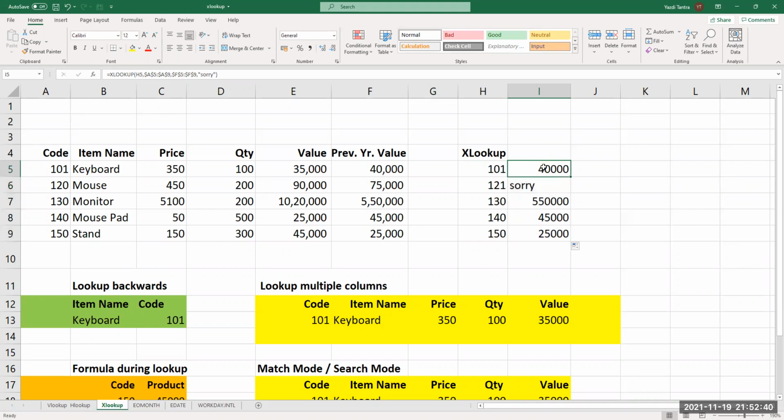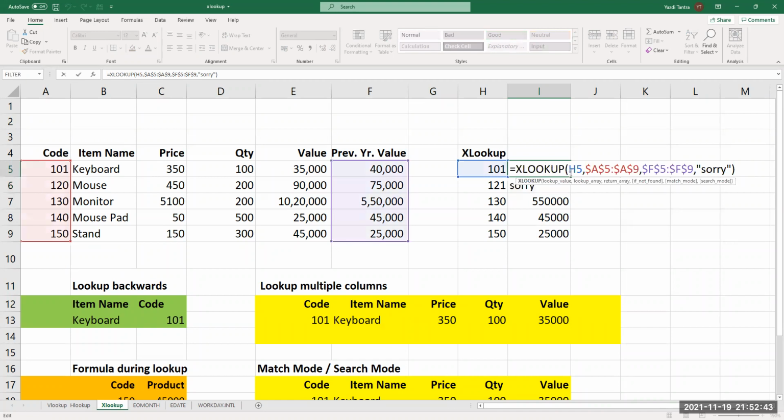Yes. So what I am again saying, XLOOKUP: what to look up, where to look up, what to return, and if it is not found, what to say. Everything is in one place. So you can forget your IFERROR. There are other functions also, smart VLOOKUP, IFERROR, reverse VLOOKUP, etc. All that is eliminated. Here you get everything in one place. So this is a very, very powerful function.